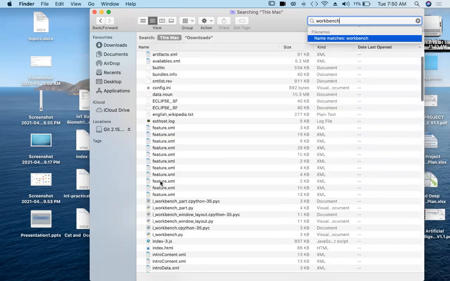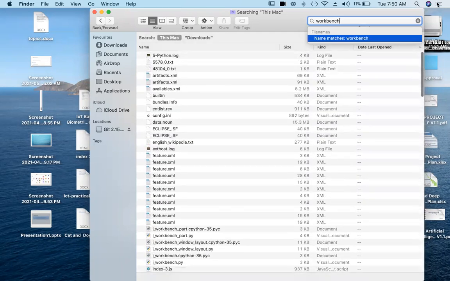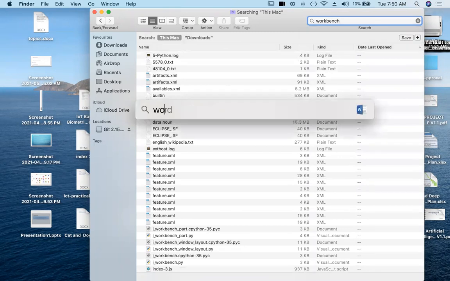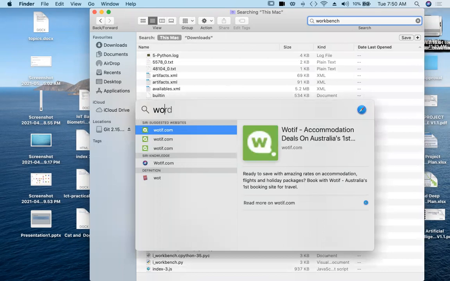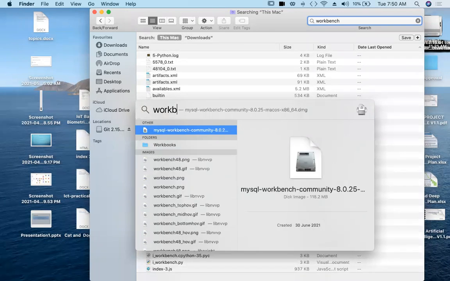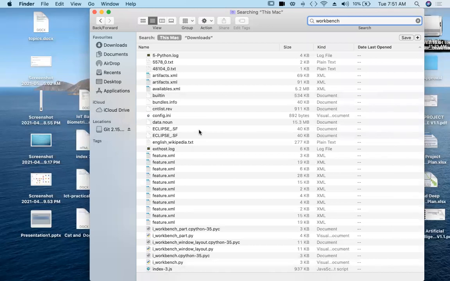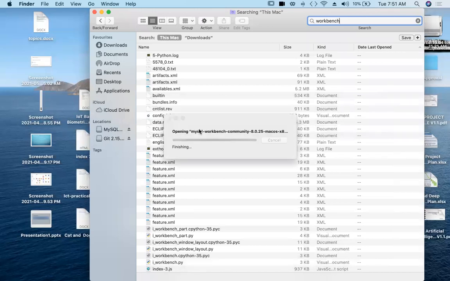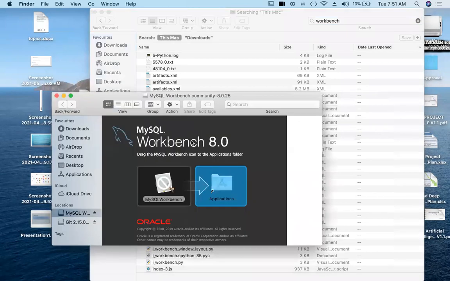Okay, maybe I have deleted it. Okay, MySQL Workbench Community, this one. Right, you can install this.